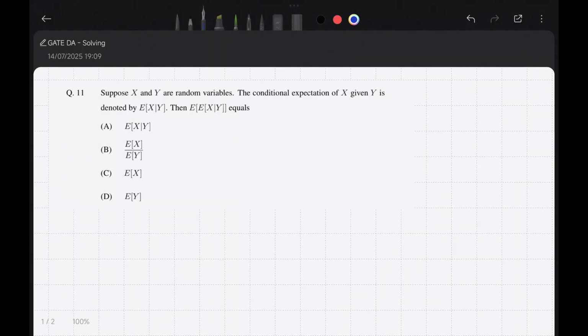The 11th question is actually based on a property of conditional probability. It is called the law of iterated expectations. Okay, I will not give you a mathematical proof or derivation for this. I will give you an analogy,